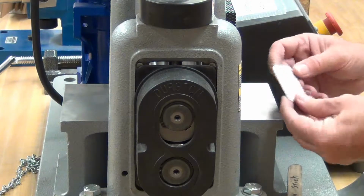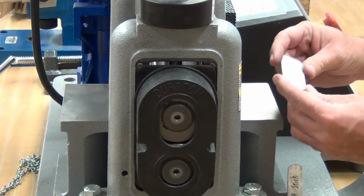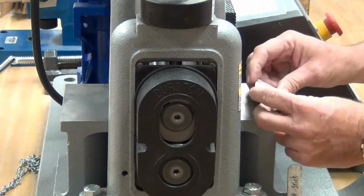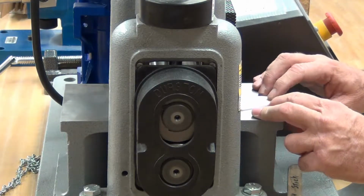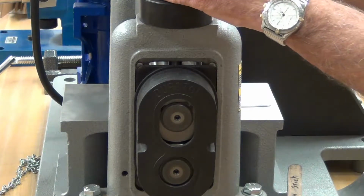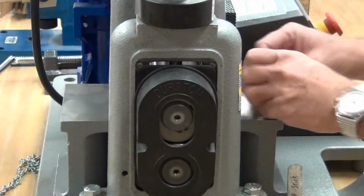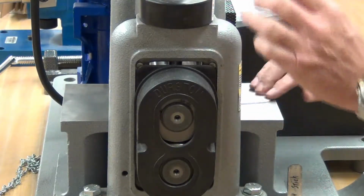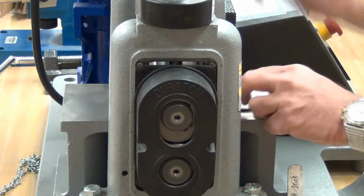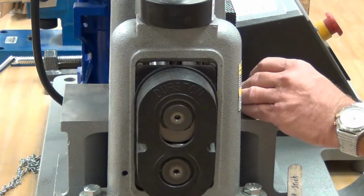Now that we've annealed the ingot again, turn the machine on. I had to dry this off after I quenched it to make sure it's perfectly dry, because the rollers are steel, and if they get wet, they will rust. Move it 2 notches, sending it through. Two, 3, one more pass,